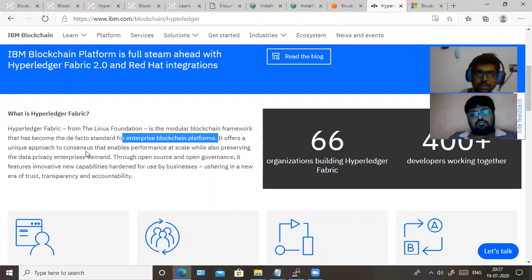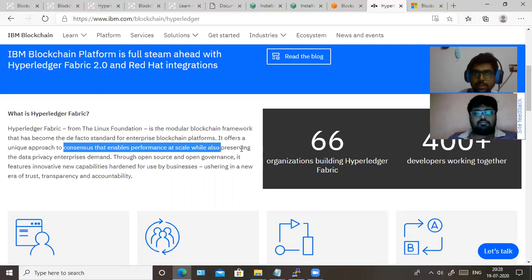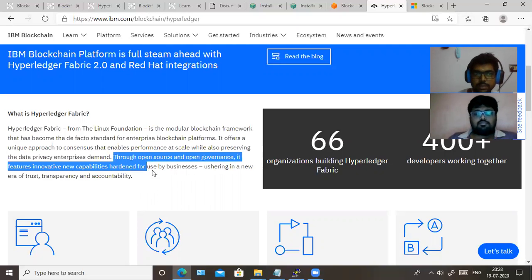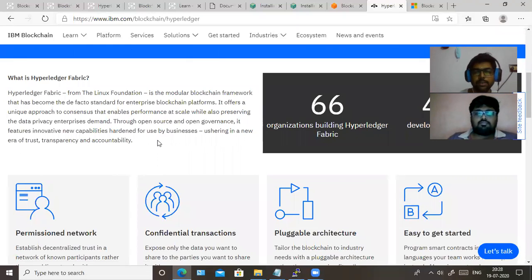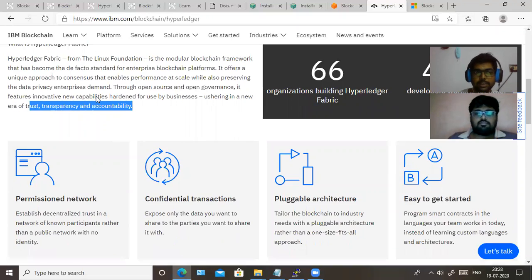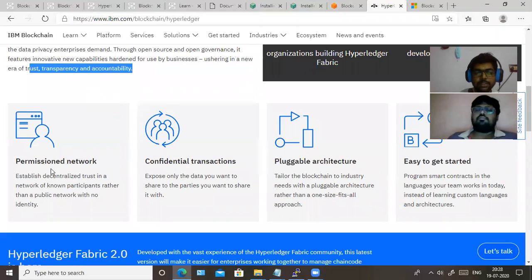It offers a unique consensus, enhancing performance while preserving the data privacy that enterprises demand. Through open source and governance, it brings business new trust, transparency, and accountability, which is why we use blockchain. All this Hyperledger Fabric provides. It is a permissioned blockchain, so it's a permissioned network, and transactions are confidential.